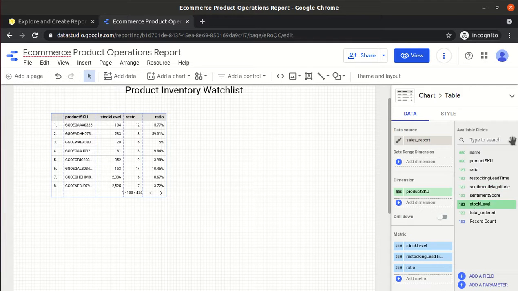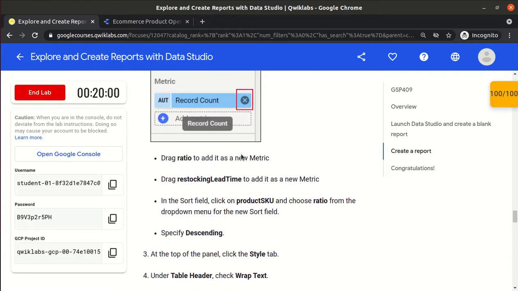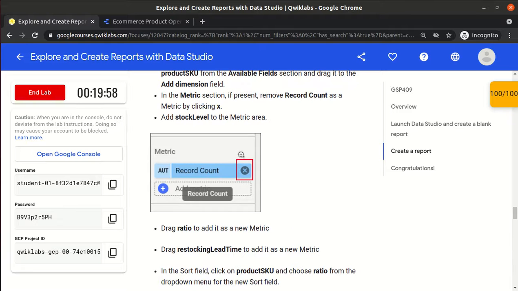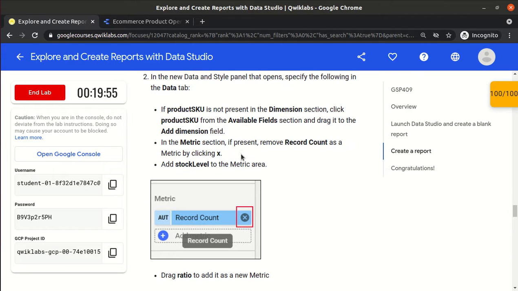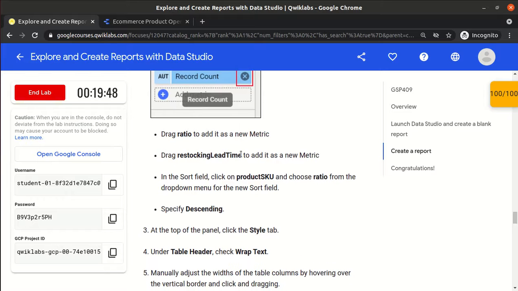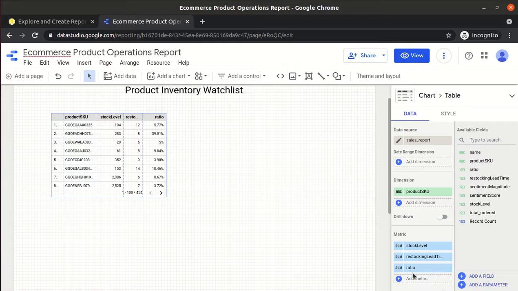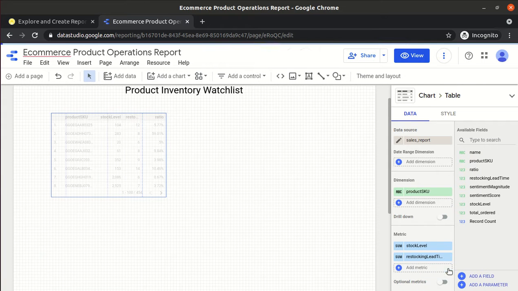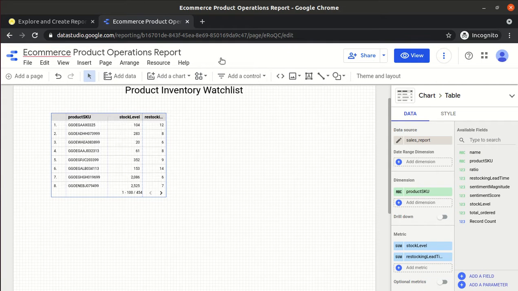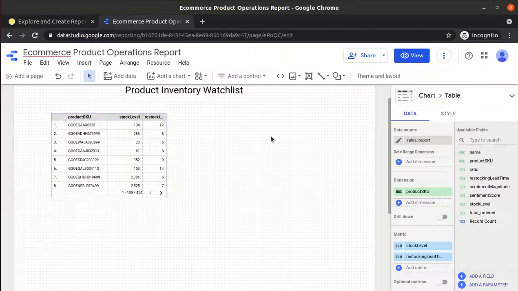If I have to scroll, how should I scroll? Stock level, ratio and restocking.